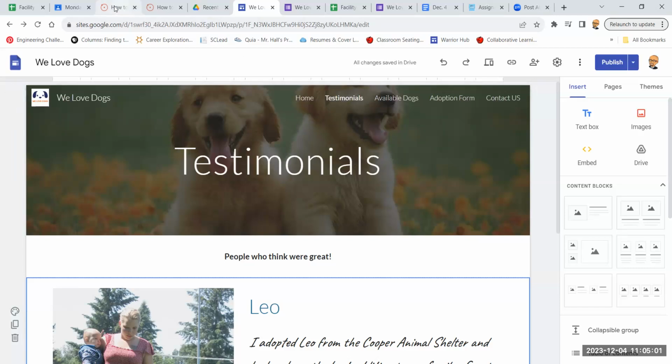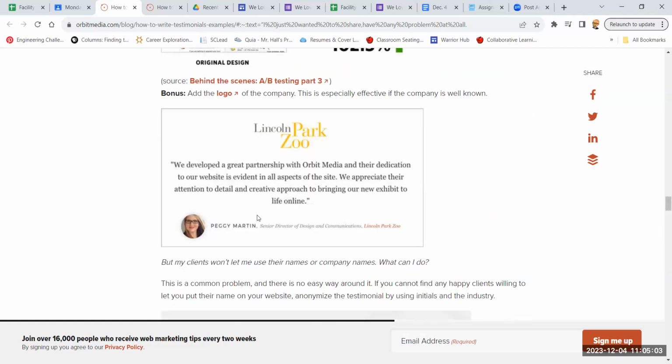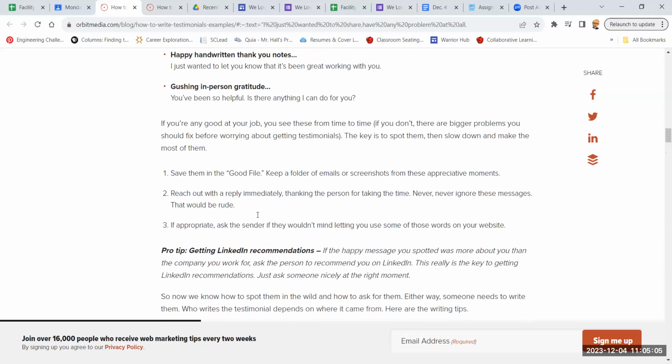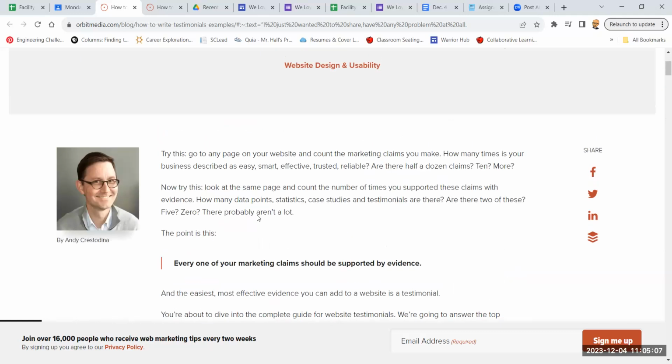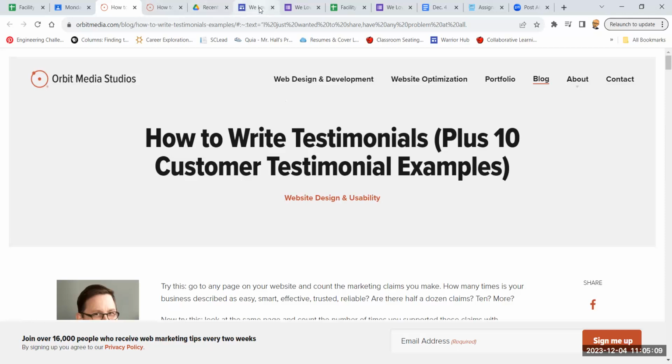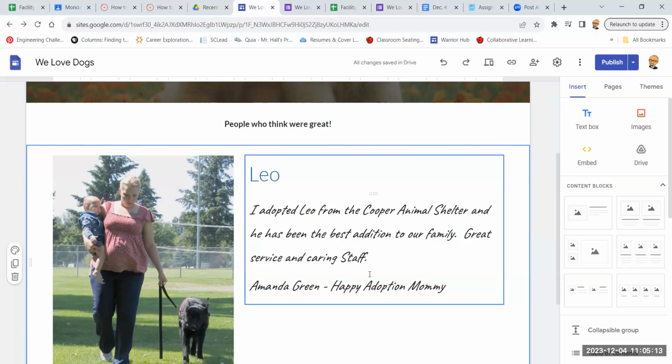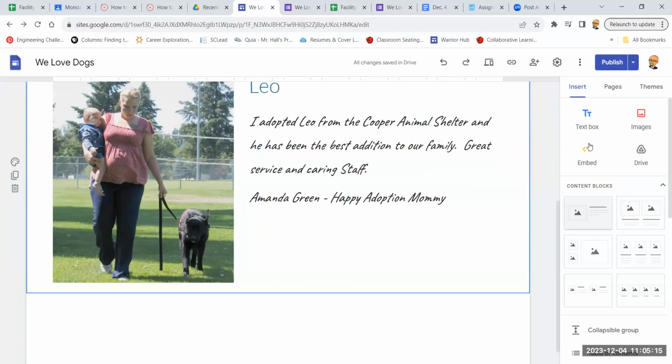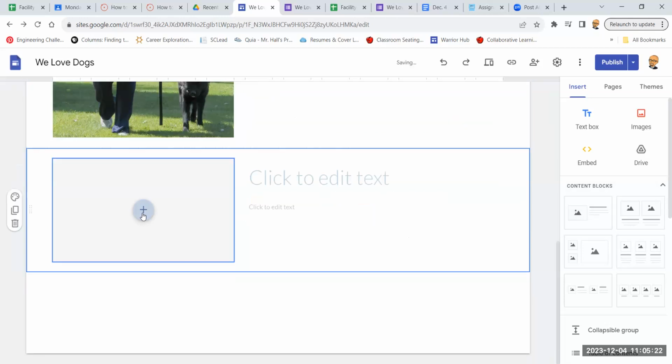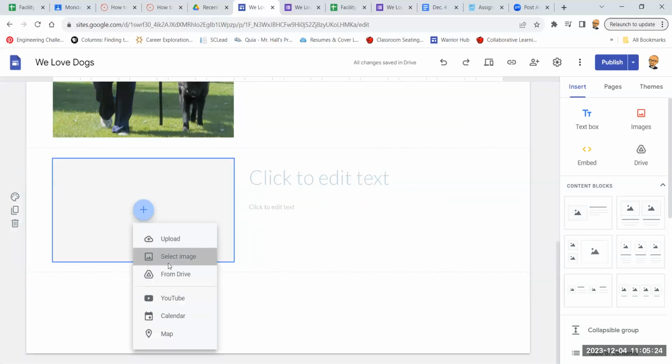You need to make sure that you read this document that we have linked. Check out all the things that you need in a testimonial. If it comes to adding pictures, this text box here, basically what I did was I came over here on the insert tab, and I grabbed the one that has the one picture in the text box, and then I would go in and add the picture, select an image,